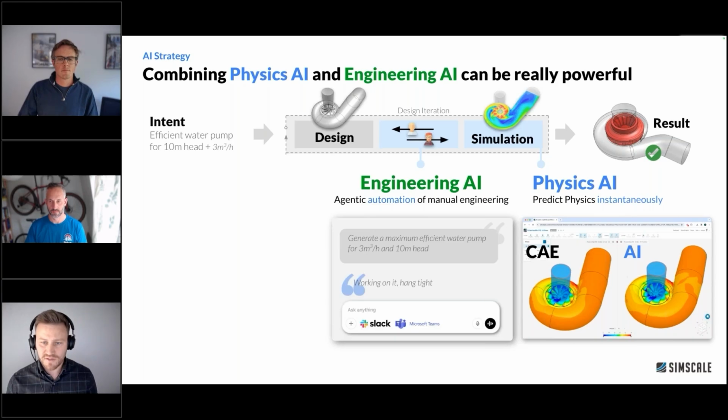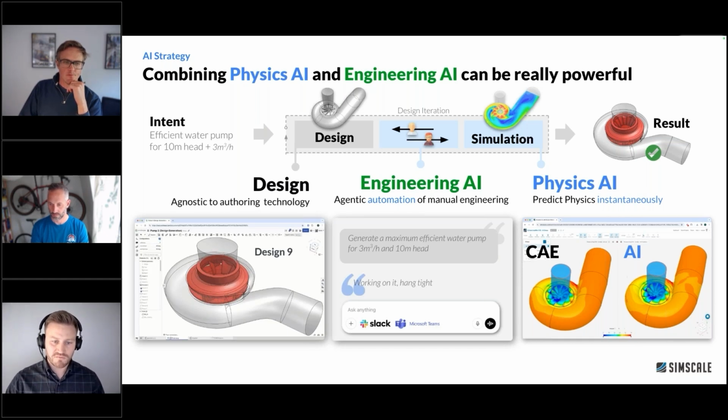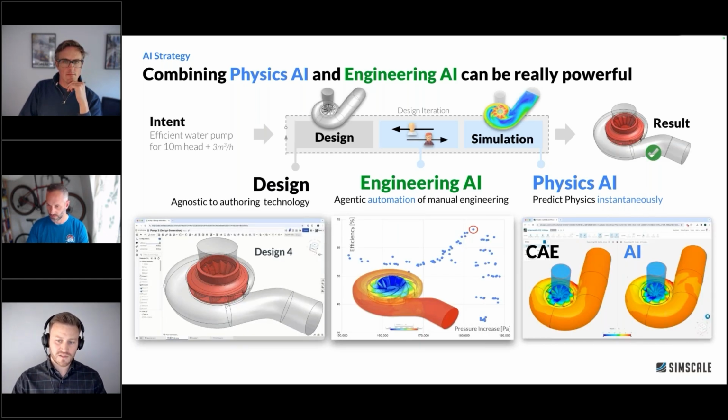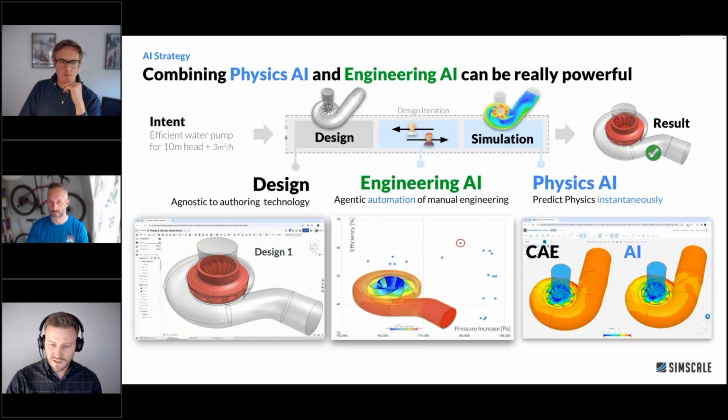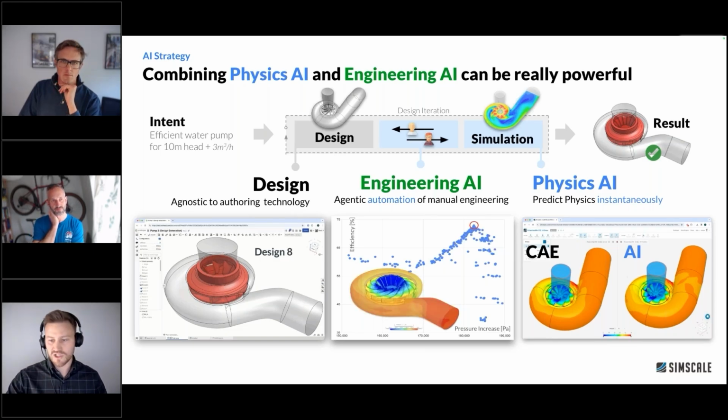They'll leverage things like physics AI in the background and other specialist agents to drive CAD geometries, run optimization studies, and really do things like an optimization study that can happen in real time, exactly as you're seeing it on the slide here. So the CAD has changed. Instead of running a full PDE solve, there's a physics AI prediction run on it. Based on those results, the agentic AI decides what CAD to generate next and really hones in on a parameter space of interest that is optimized. And then you can explore that in much more detail with PDE solve technology or physical testing.